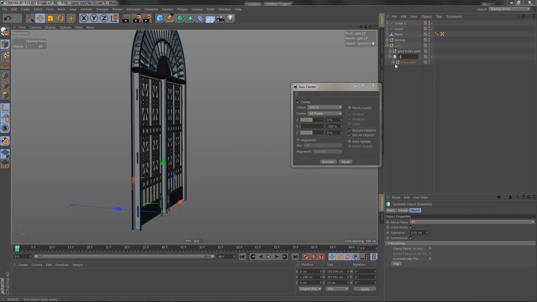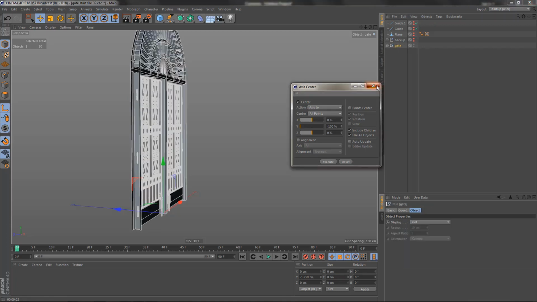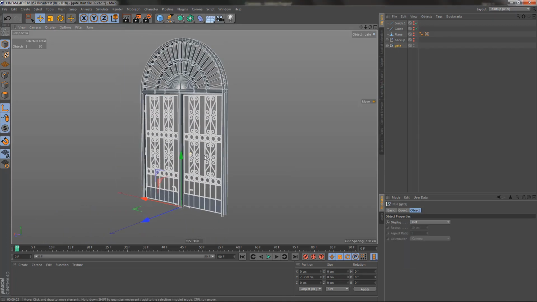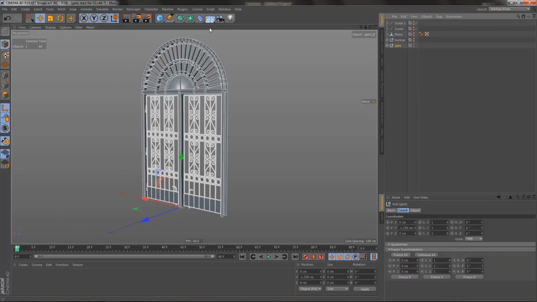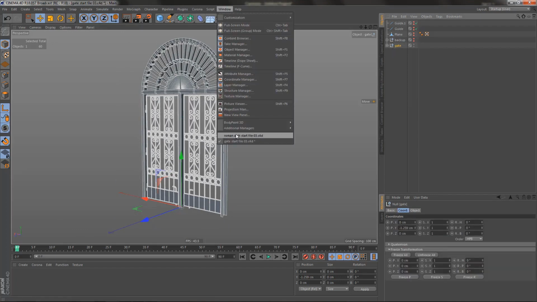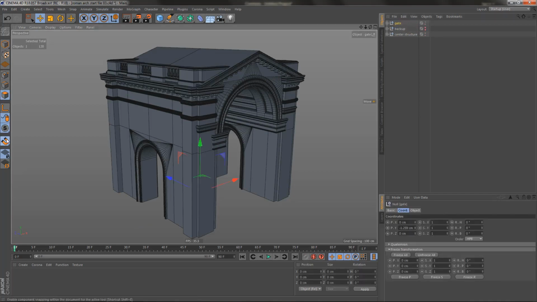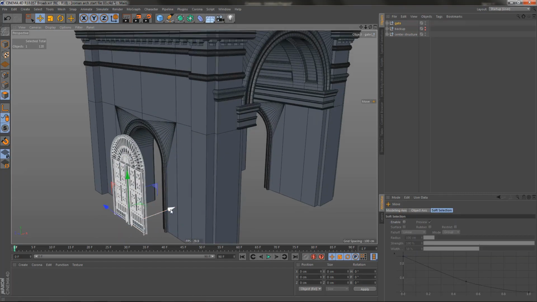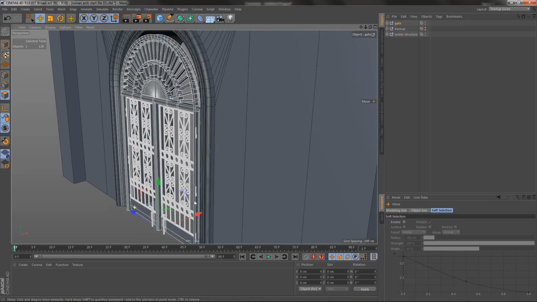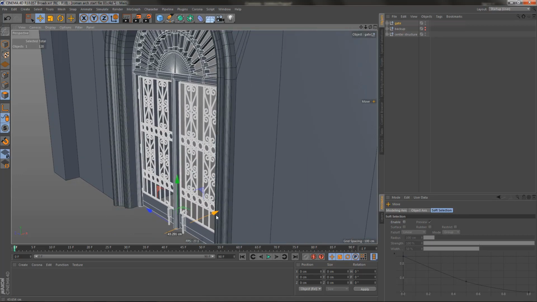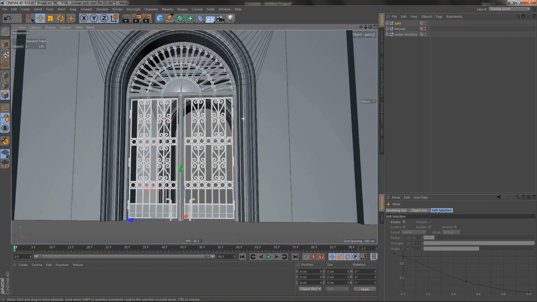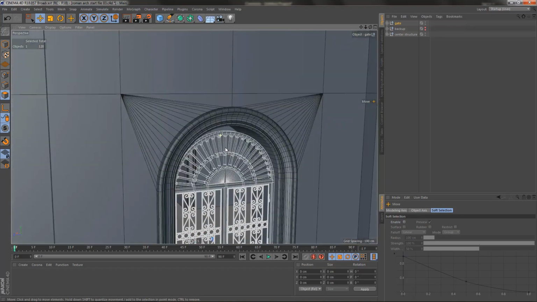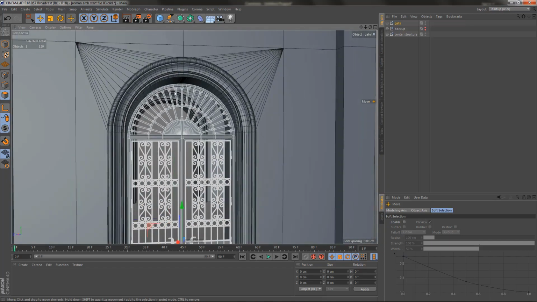So these are the door parts, and this is the gate. Let's go ahead and copy that gate, and I'm going to paste it to my Roman arch file. And let's move this over. We need to rotate it 90 degrees. And let's go ahead and move this back inside to about here. And if you rotate this, you can see that our gate doesn't quite fit into